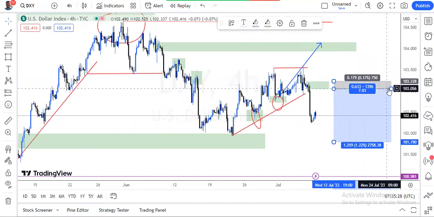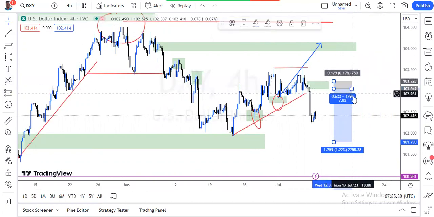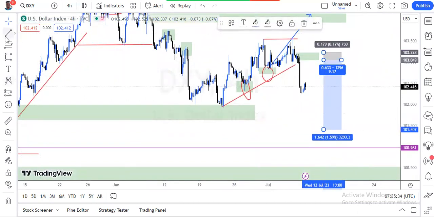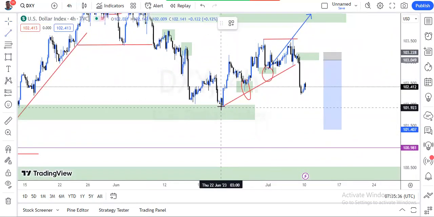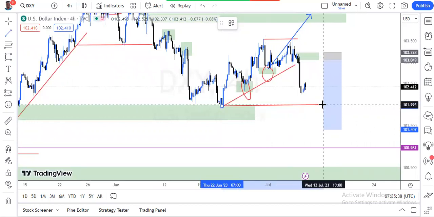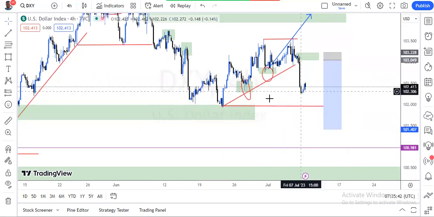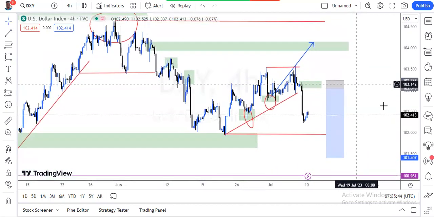This is the zone we expect price to get to. At this zone, we take a short on it. The next move is that we are going to be clearing this low. We're going to be clearing this low on the next move. So once we clear this low, looking at this,